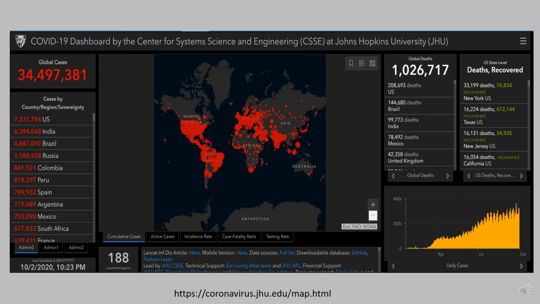I would like to end with these sobering statistics. There's been over 34 million cases to date and over 1 million deaths. It will not be possible to treat people who are sick worldwide with monoclonal antibody therapies. This is a test and will be used, if effective, in a select